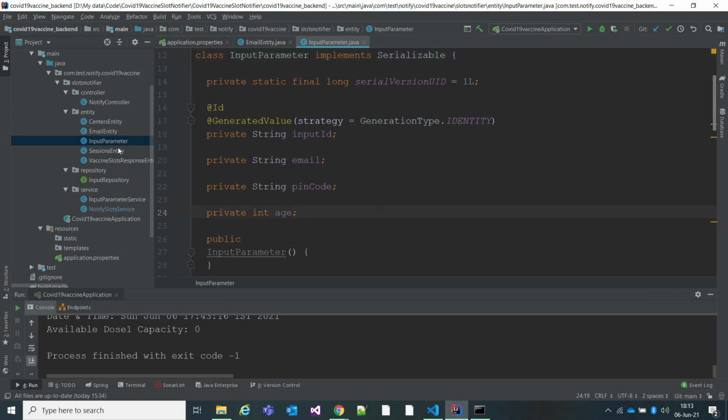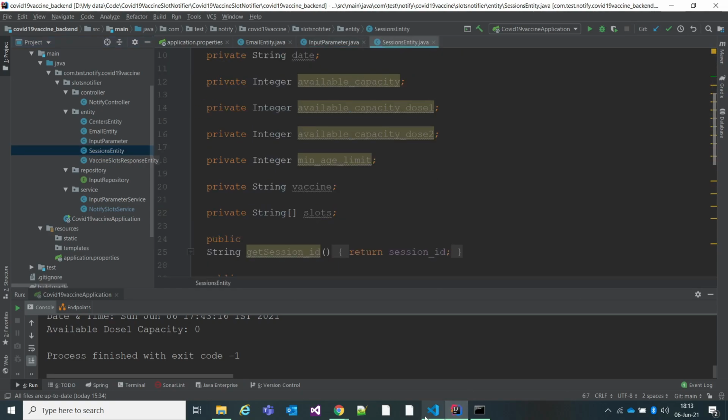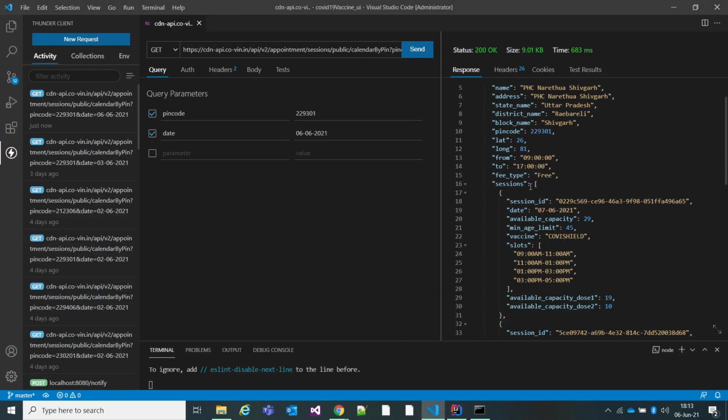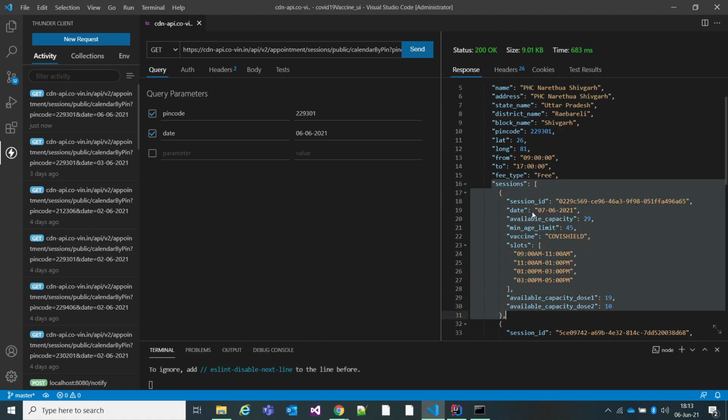So an input parameter table will be automatically created with all these four columns. Also, I'll start from the lower level, the session entity. If I go back here and show you, this is a session. I need to map this to a Java object. Sessions will have session ID, date, available capacity, minimum age limit, vaccine, slots, and dose one and dose two availability.